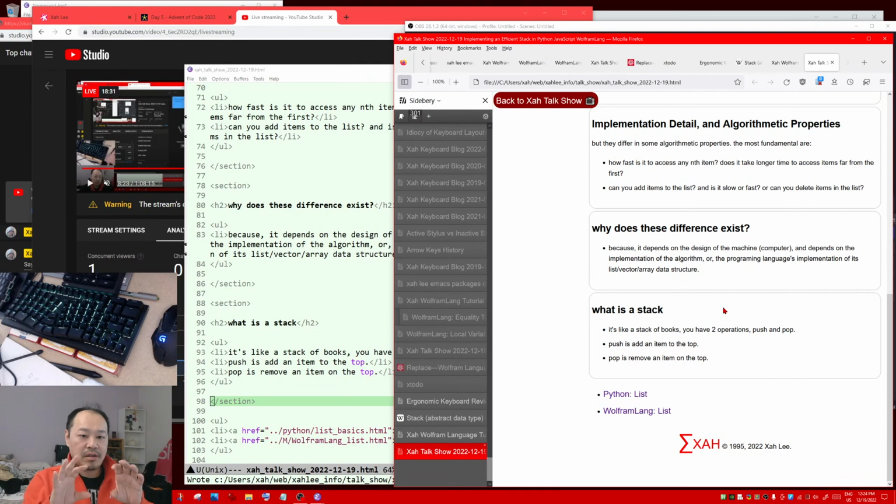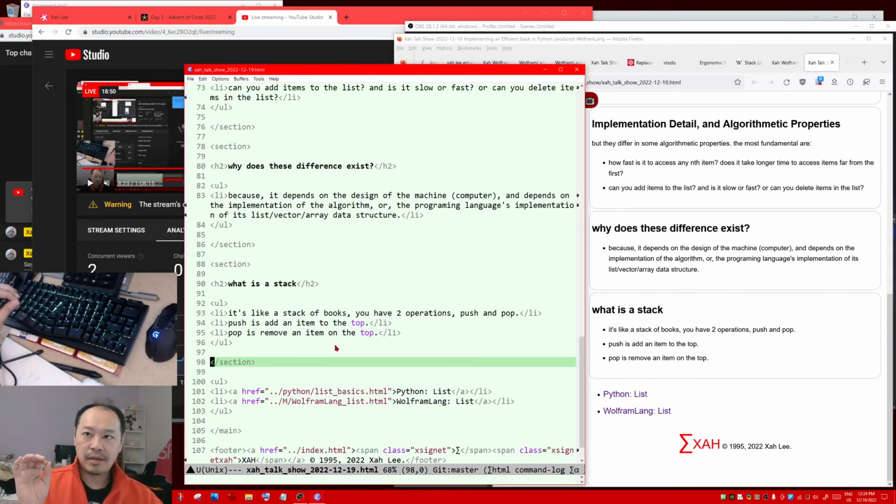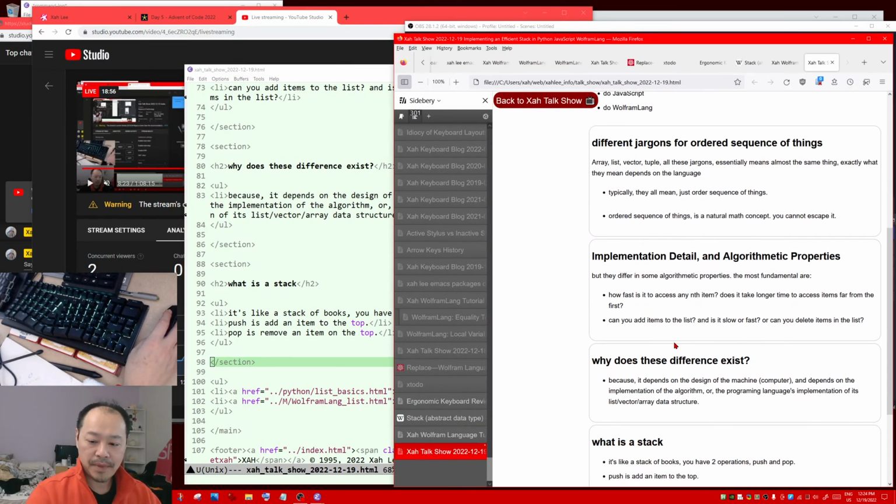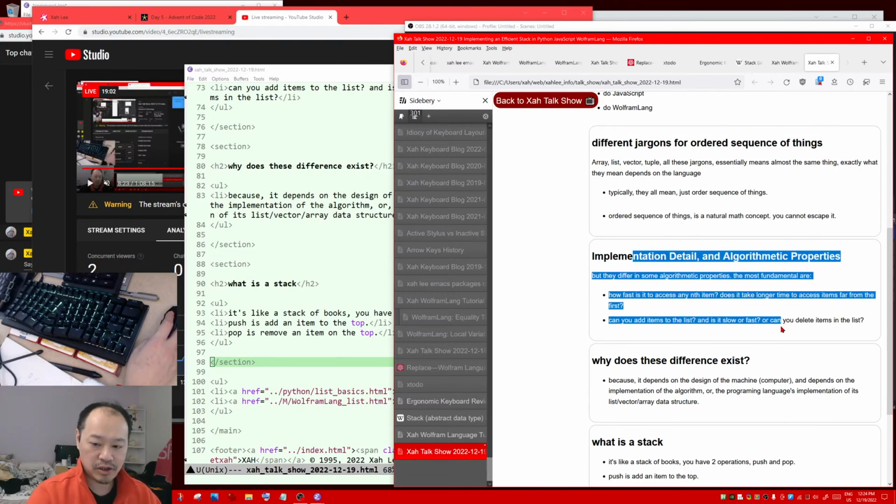So a stack is just like, again, an ordered sequence of things. But in this case, you cannot get the nth item. You only allow two operations: take item from the beginning and drop it, or add an item in the beginning. Okay. Now let me explain. Now, so we talked about how exactly the algorithmic properties depend on the machine and depend on the programming language, how it implements it. Okay, for example, in Lisp,